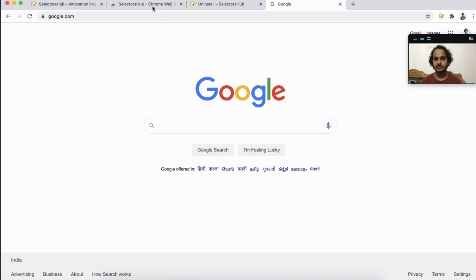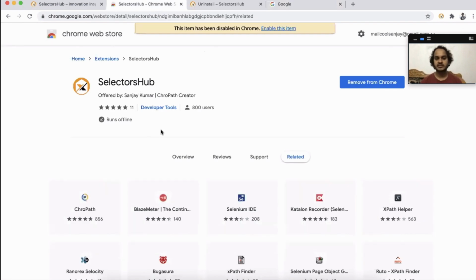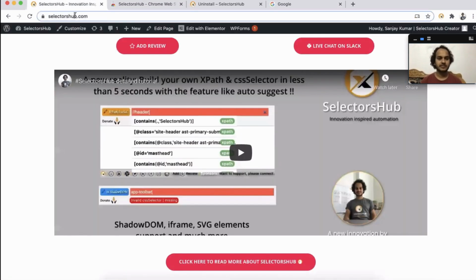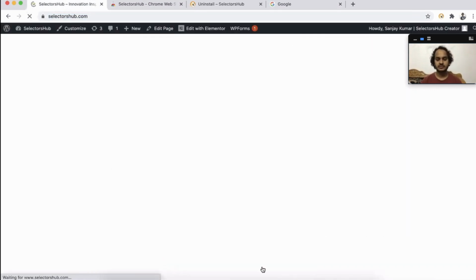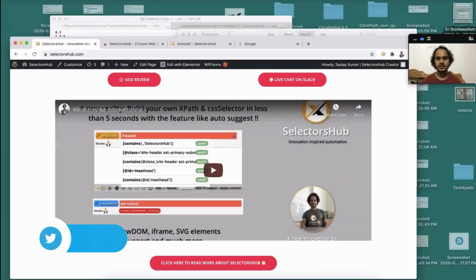And none of the extensions support the Chrome Web Store, so please don't try here. Chrome doesn't allow scripts to be injected, so not only SelectorsHub, none of the extensions support the Chrome Web Store or any browser store. This is just for your information. And moving on,